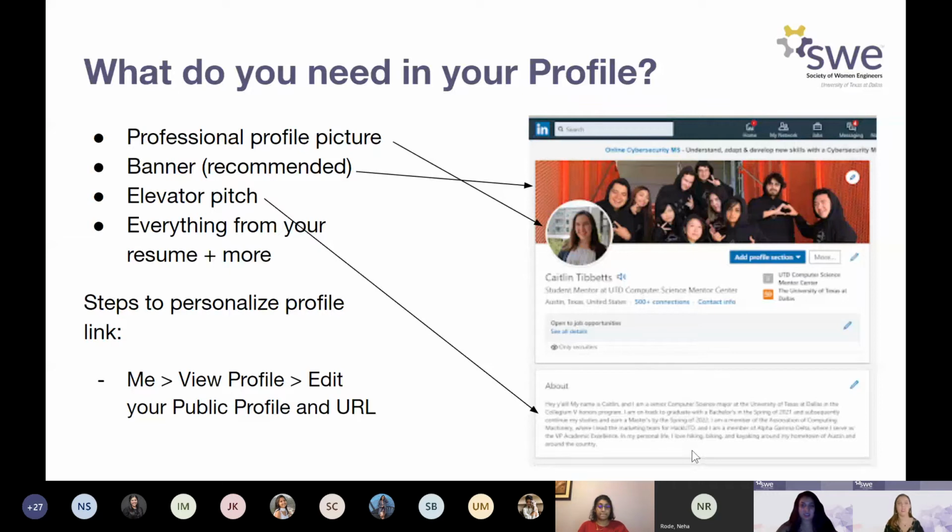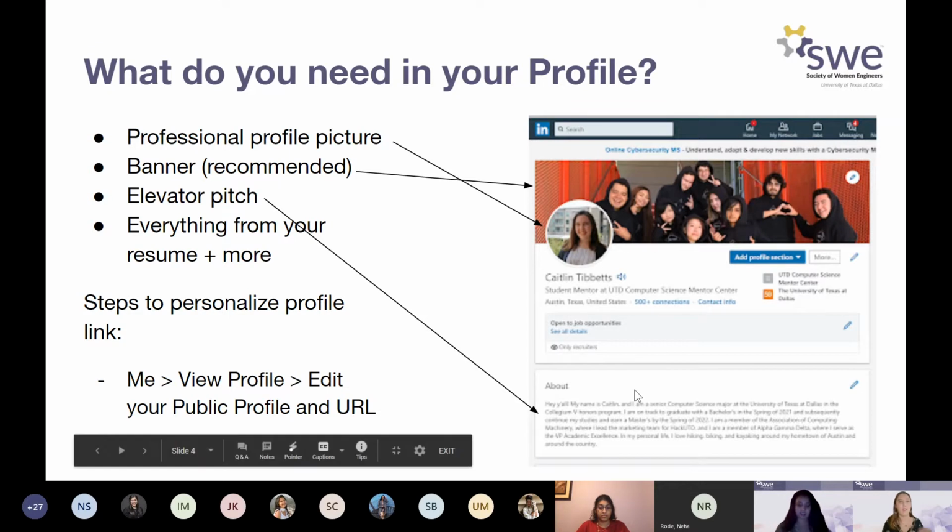LinkedIn should be a landing page for everything that you've pretty much ever done that's important to you. So things that don't fit on your resume, put them on your LinkedIn. Things that do fit on your resume, put them on your LinkedIn. Your LinkedIn should be, what is that called in set theory? A superset, right? Your LinkedIn should be all the stuff that you do, and your resume should be a subset of that.